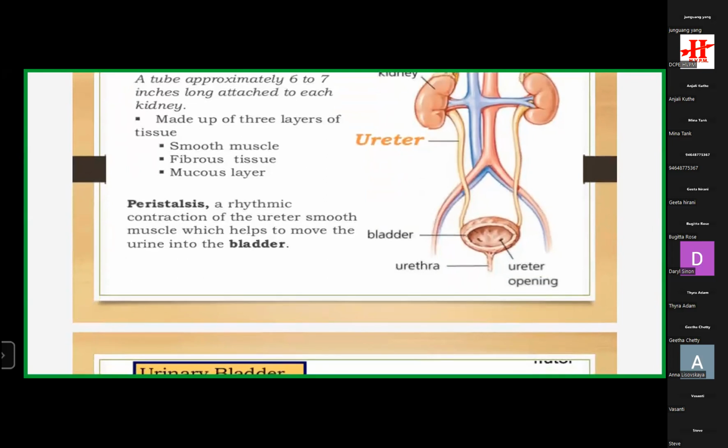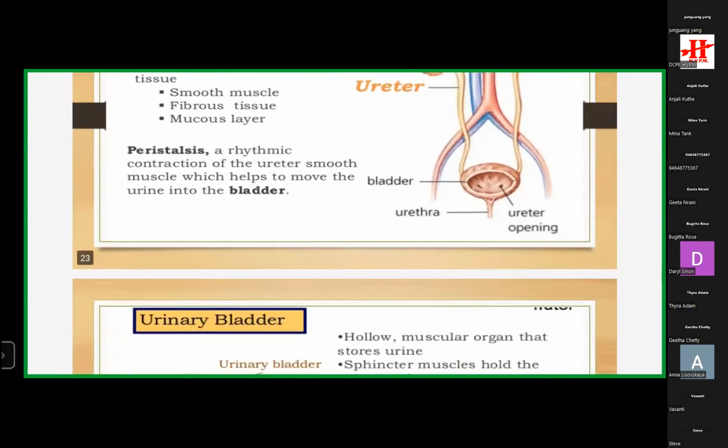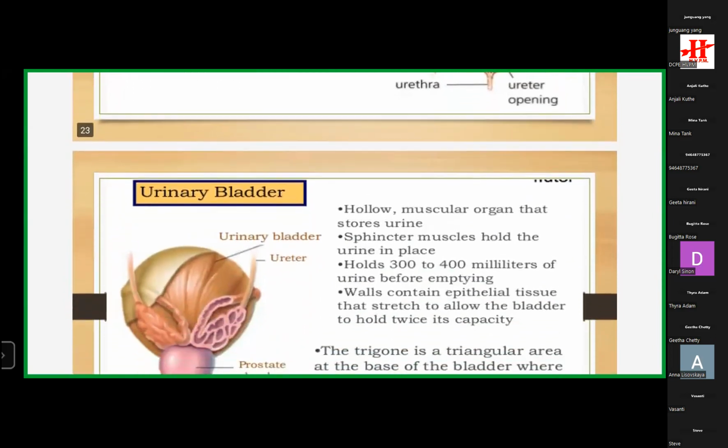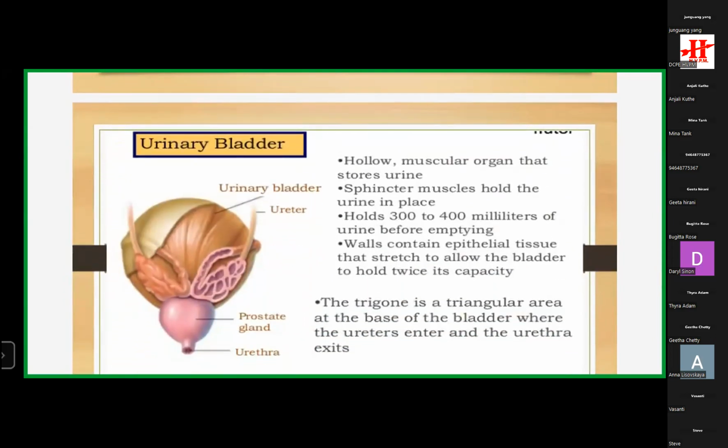You can notice here the two ureters. This is the urinary bladder. Now the bladder is a somewhat triangular, hollow, muscular organ which stores urine. And the sphincter muscle. What is the sphincter muscle? I have taught you about only 3 muscles actually: voluntary, involuntary, and cardiac. But